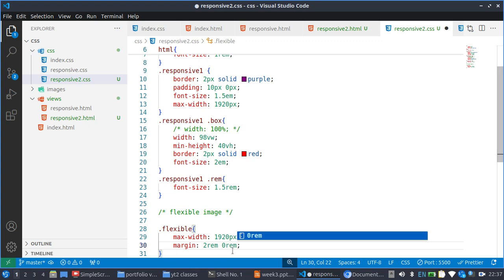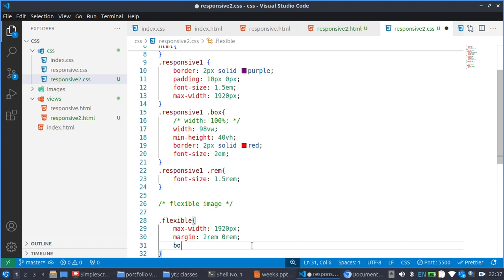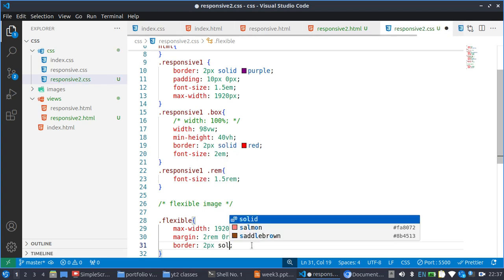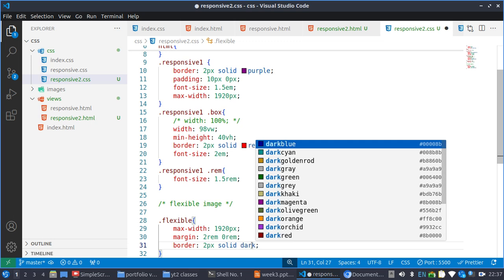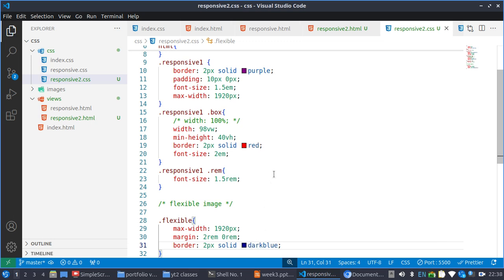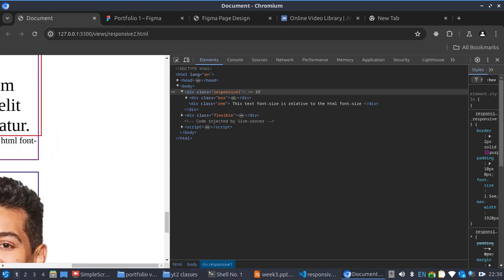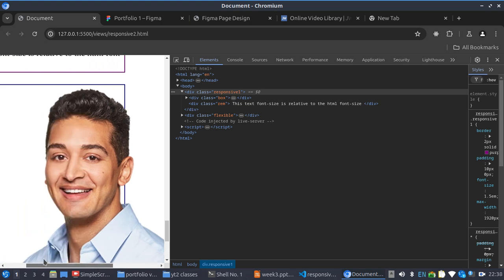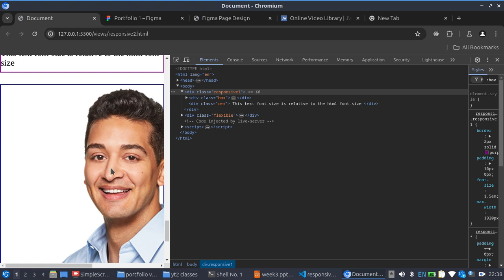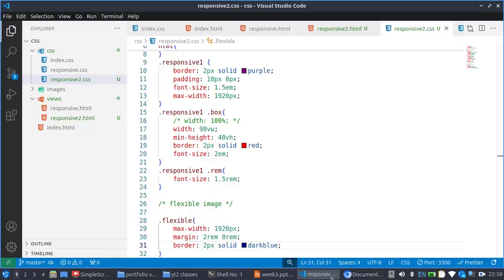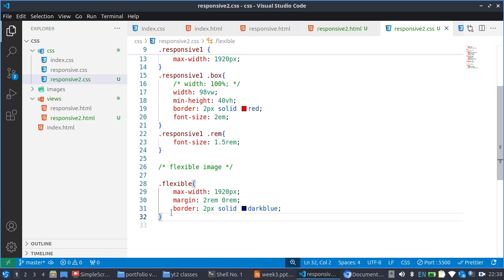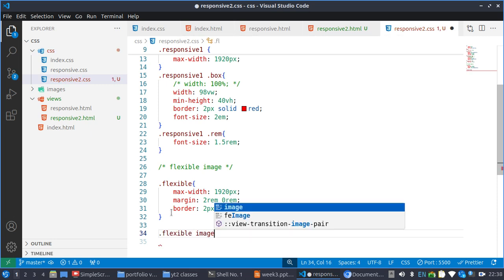So just to make this visible, let's add a border of 2 pixels, solid dark blue. If I do this, notice what I see on my browser. Notice I'm seeing this here. So you see the image is overflowing a great deal. So the next fix for us is to target the image inside the flexible. So dot flexible img,